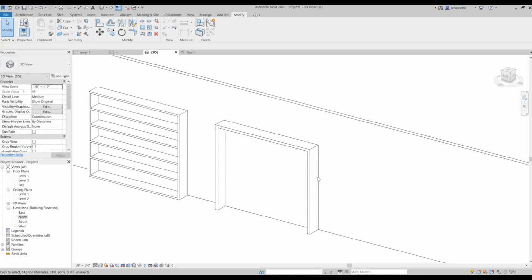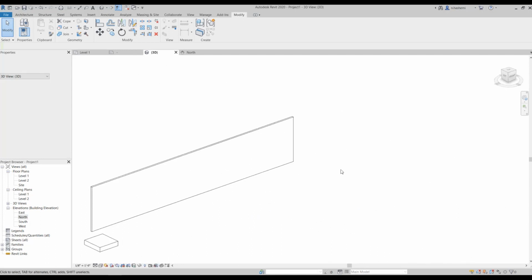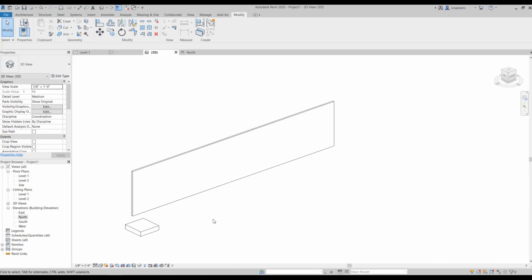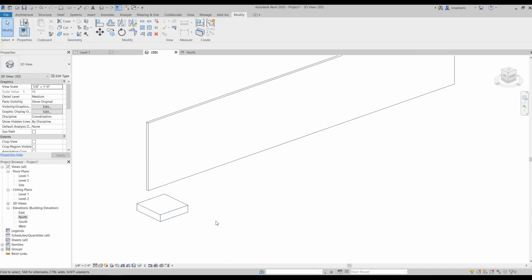Now, if you want to change the work plane of a shape you created before like this, you can. So the work plane for this was set to level 1. So I'm going to change it and set it to this one, this surface over here.